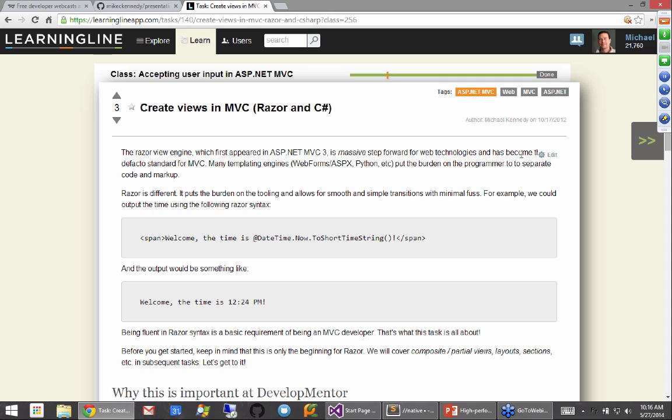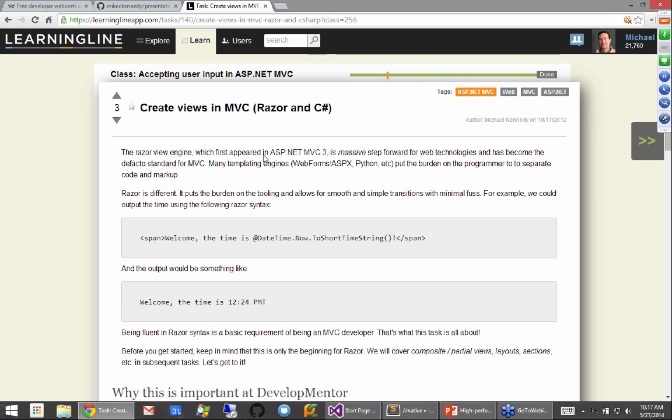We've got the tags of the task. These tasks get tagged with certain things: what it's about, who the author is. As a regular user, you wouldn't see that, but because I'm an author here, you would. I can vote these things up or down. I can favorite them. So there's this sort of relationship here.